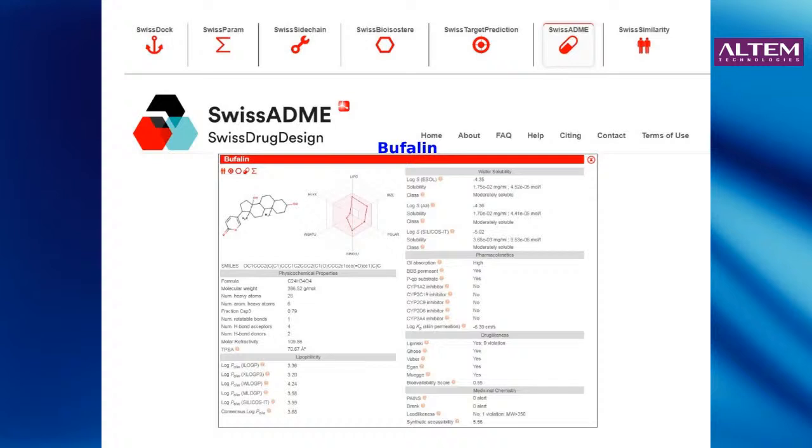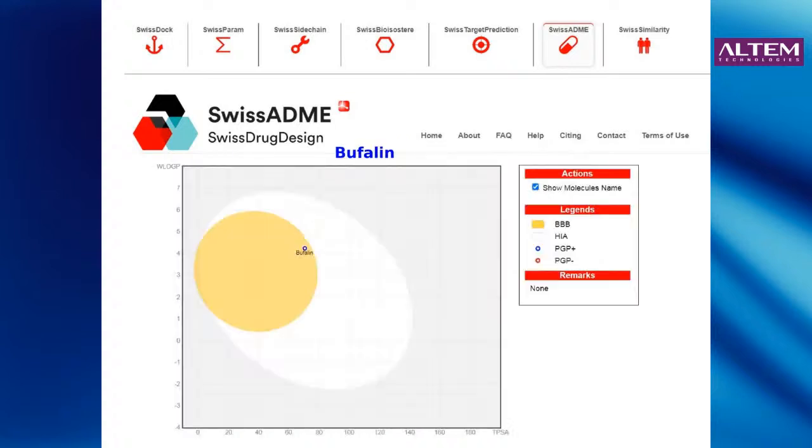pharmacokinetic properties like the physicochemical properties and lipophilicity. All these different biochemical properties are available there, and it also gives them as a radar plot for understanding the pharmacokinetic properties of the drug, the lead compound that you identified, in a much better way. And it can also give you a BOILED-Egg profile which shows you which different bodily compartments the drug can penetrate. So this bufalin, obviously it seems that it can penetrate the blood-brain barrier.